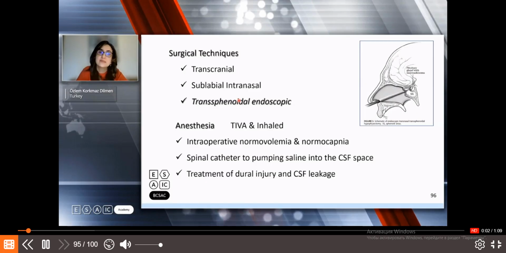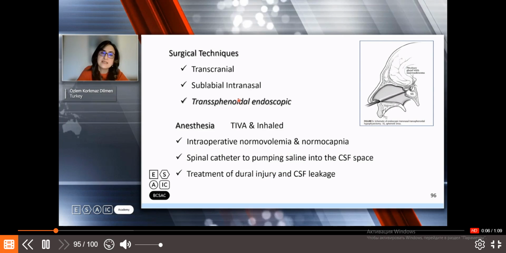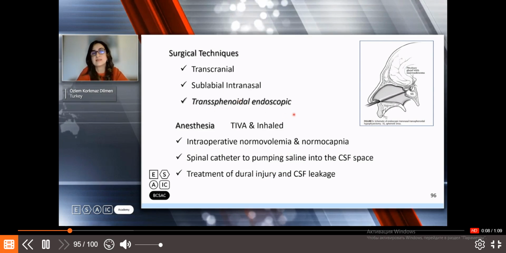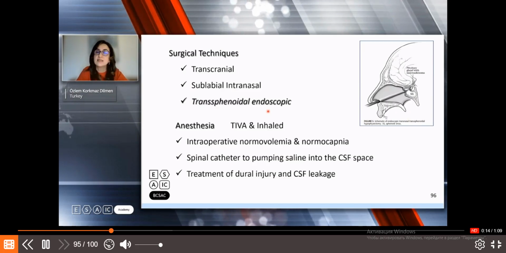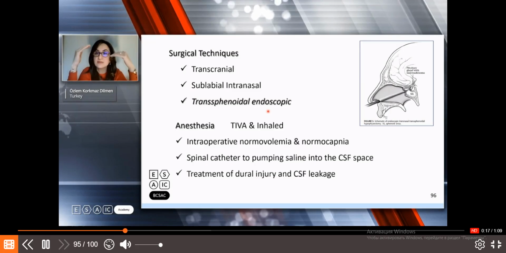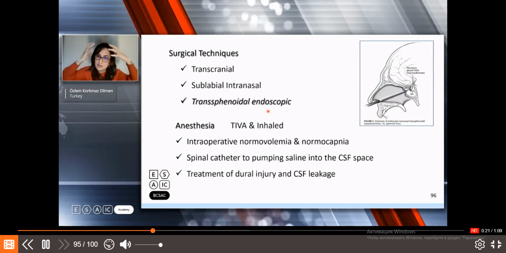Surgical techniques are multiple: transcranial, sublabial, or transsphenoidal endoscopic. Nowadays, generally all centers are using the transsphenoidal endoscopic approach. TIVA or inhaled anesthetics can be used. The pituitary gland is at the lower side of the cranium. That's why slightly